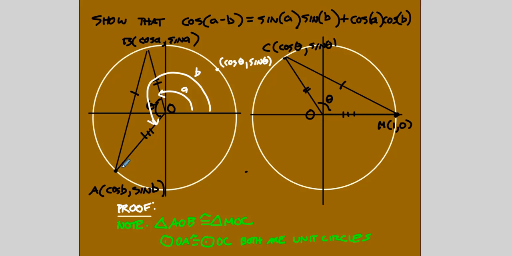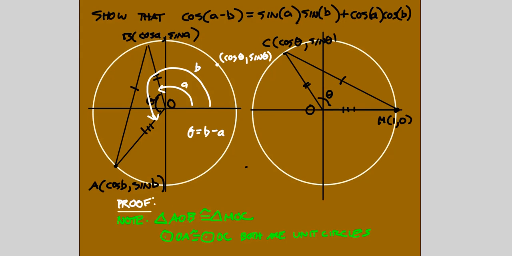Okay, and the point A has coordinates cosine B, sine B. Okay, and notice that then theta, this angle here, will be equal to the difference of angle B minus angle